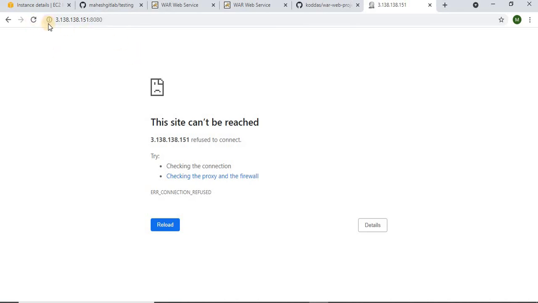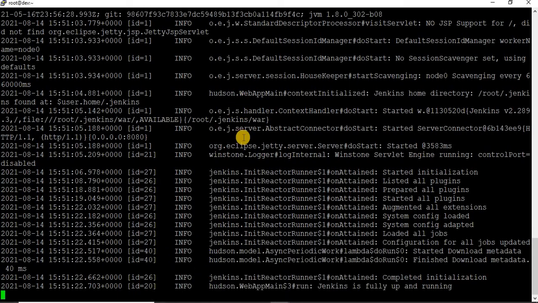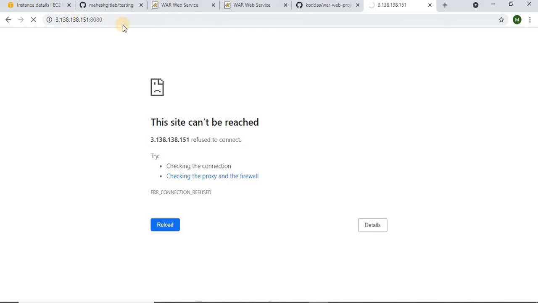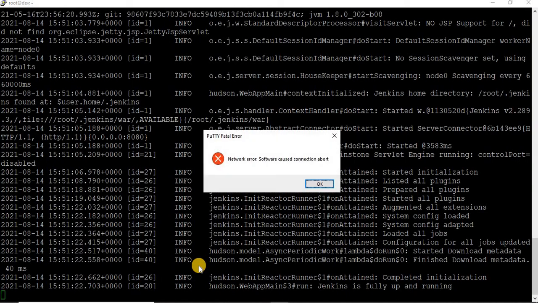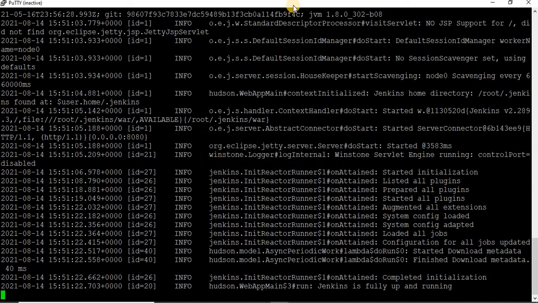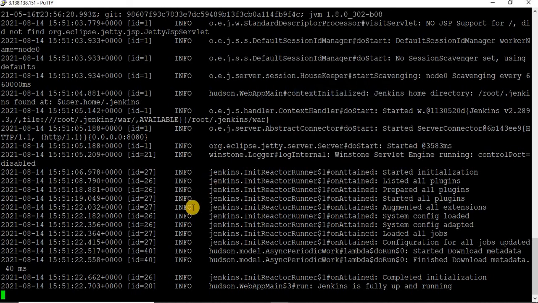Oh, what happened? What happened to Jenkins? So this has disconnected. Just restart.